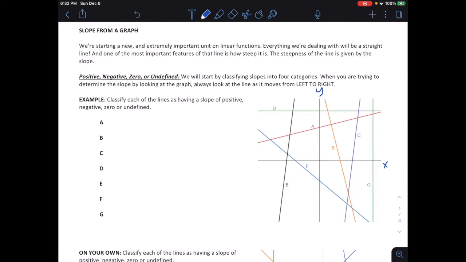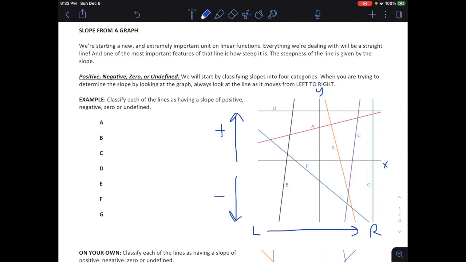And the way we do it is we always look from left to right. If a slope is positive, that means it's going up, and negative means it's going down. Zero means it's going neither up nor down. And then undefined is if the line is going straight up and down, because that's a slope that we can't